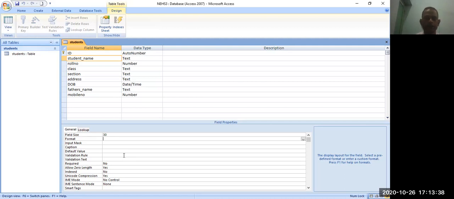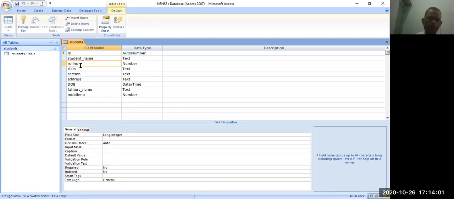We have set the value. You can also set the default value, validation rules, and validation checks. You can set required. Required means it is mandatory: you cannot leave the column blank. You must enter an appropriate value.